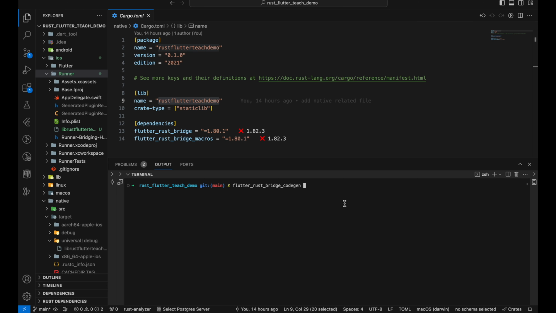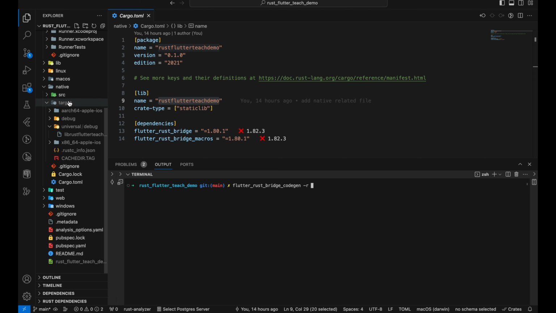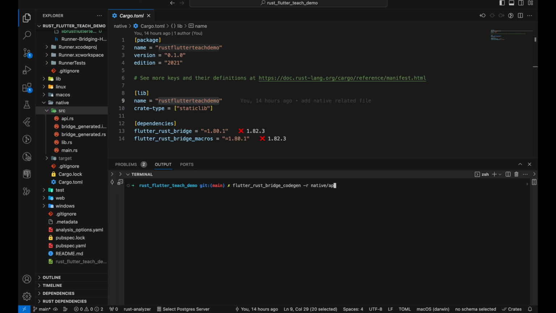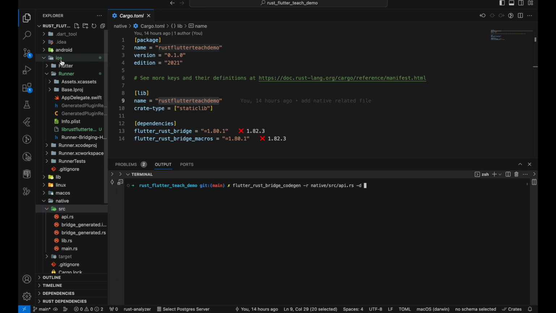Yeah. So -r will be the Rust input path. That input path will be api.rs, so native/src/api.rs file. -d would be the Dart output file.